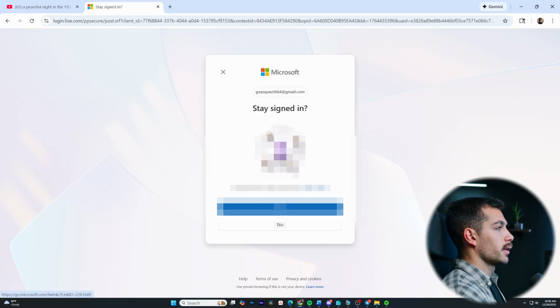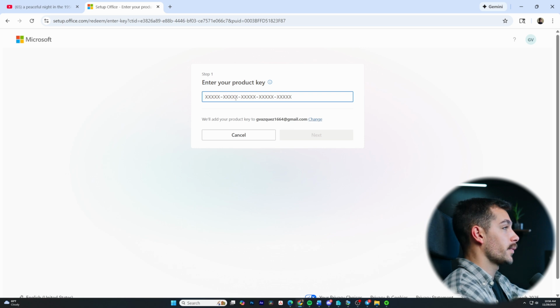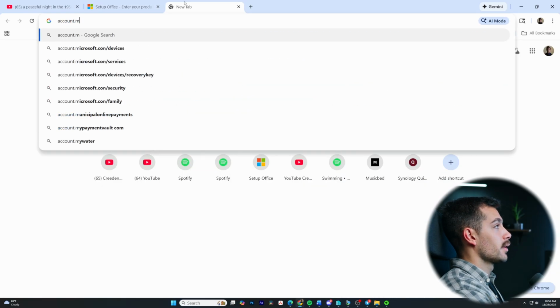And then we can take a look and stay signed in. Yes, that's fine. So again, this is setup.office.com where we will be prompted for a product key. And this is the official place to download the software, so we know it's not corrupted. We can also go to